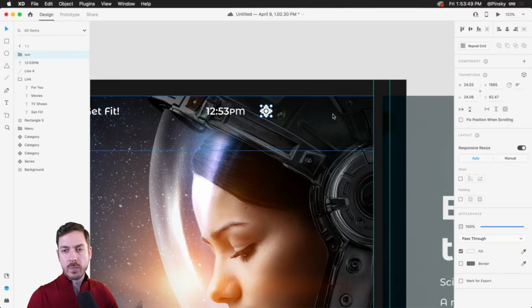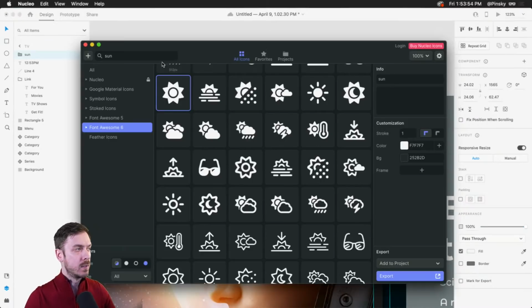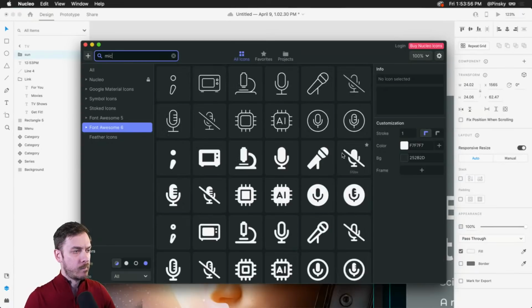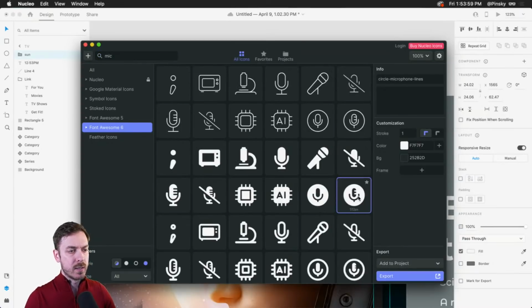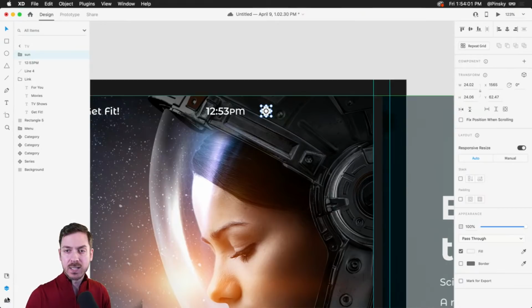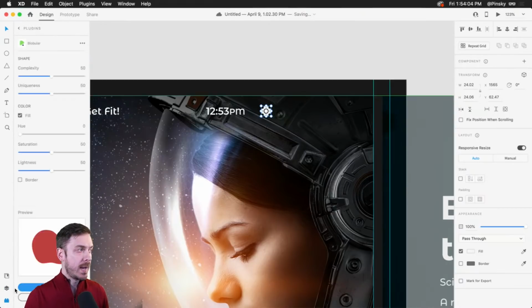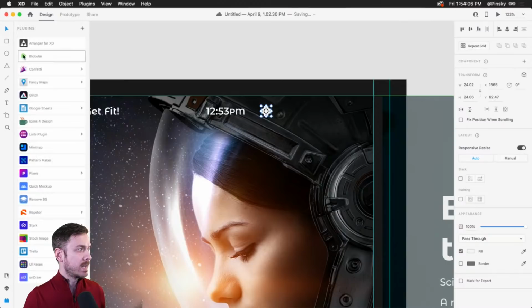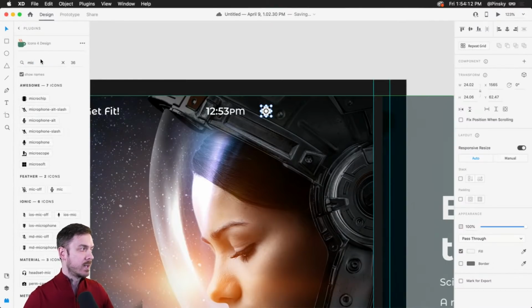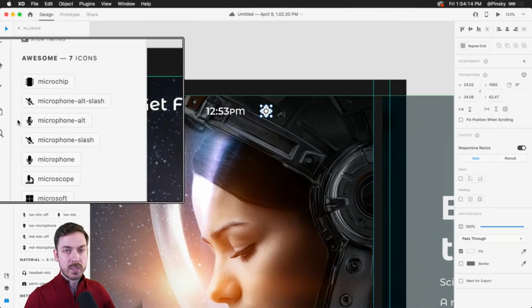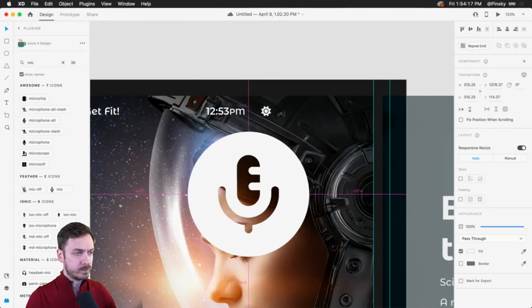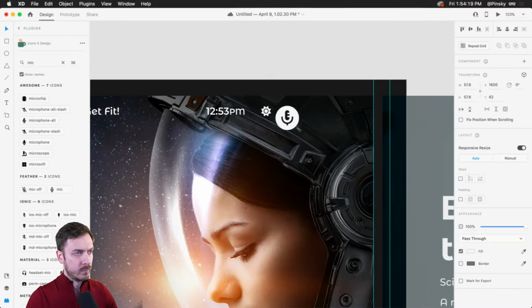All right. Perfect. And then maybe far over to the right, maybe there's also a way to interact with this prototype using your voice. So let's find a microphone. I should also mention that if you don't have access to an icon library, you can go to your plugins panel at the bottom, and you can access the Icons for Design plugin. So in this case, you might want to type out something like microphone or mic, and there's all sorts of microphones that you can definitely use. There we go. Pop this over to the right, give it a little bit of padding on that side.